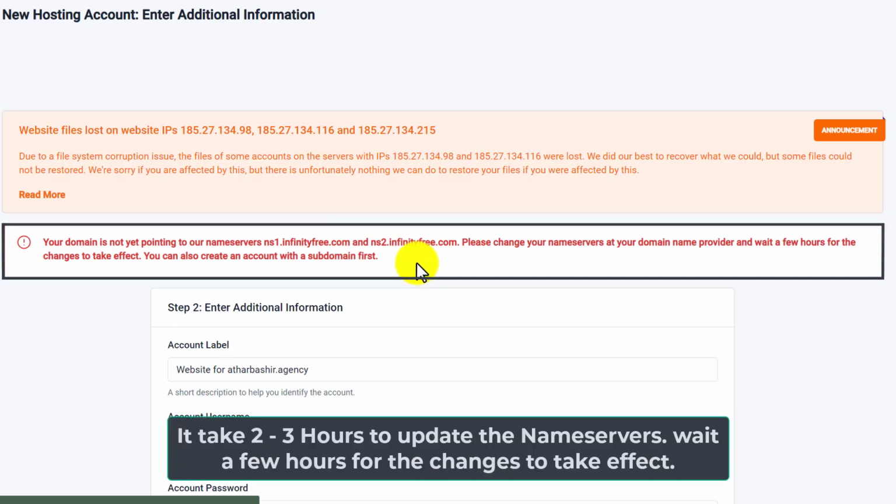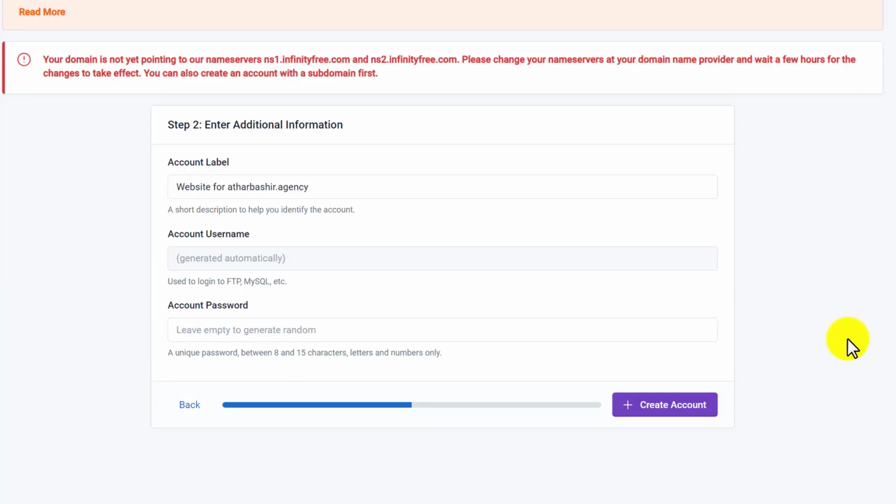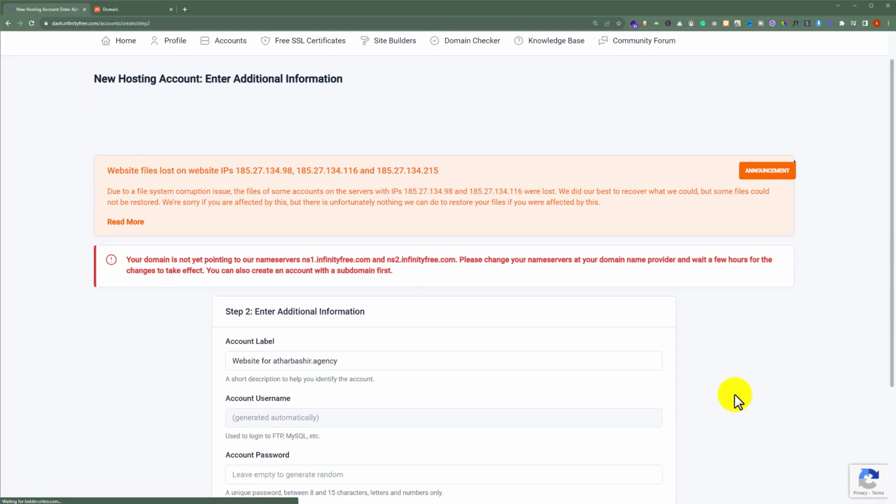And now it is showing that your domain is not yet pointing to our name servers because it takes 2 to 3 hours for the name servers to update, and if it is showing this error then you can try out again after 1 hour or 2 hours. You can try this out after an hour or 2, and when you will click on create account, your Namecheap domain will be connected to Infinityfree web hosting. And after that you can use your Namecheap domain on Infinityfree web hosting and you can easily install WordPress or any other CMS. So this is how you can connect your Namecheap domain to